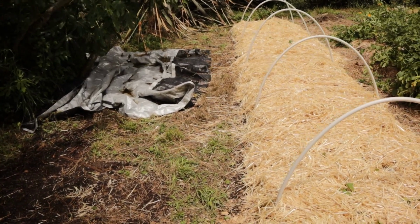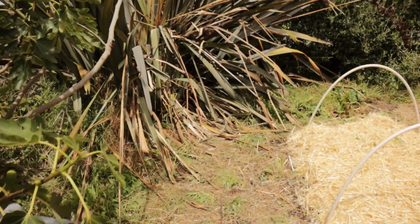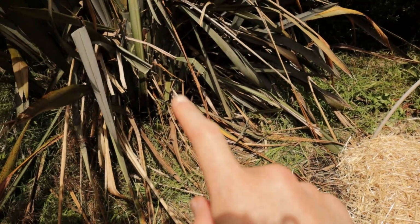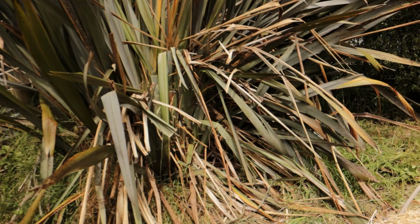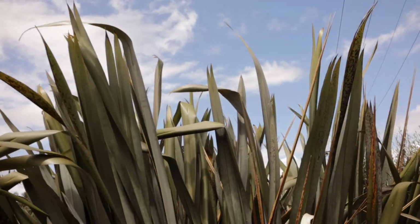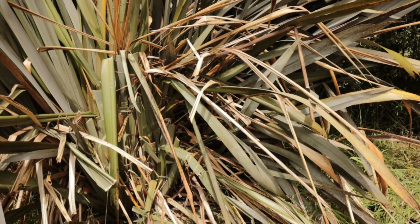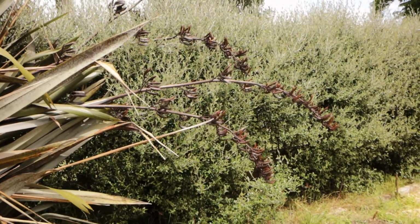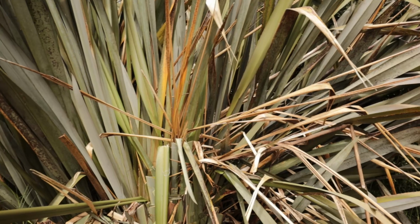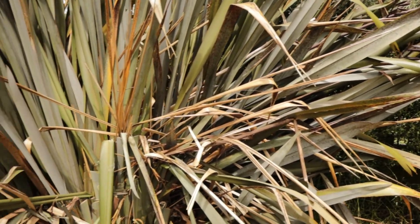And we were just trying to finish getting out the weeds and dealing with this flax down the end here. This is the scene of the incident. Because it's so big. I was down here dealing with weeds down here, and Angus was hacking in there. But, I mean, it's almost, I think it's actually wider than it is tall. I cannot tell you how tall it is, but it's significantly taller than me. It's just as tall as the fig tree right now, or taller. And those flower stalks are starting to hang over onto the second row now. I mean, it's more than 3 metres wide. From where the leaves end, it's possibly taking up 4 metres, but anyway,